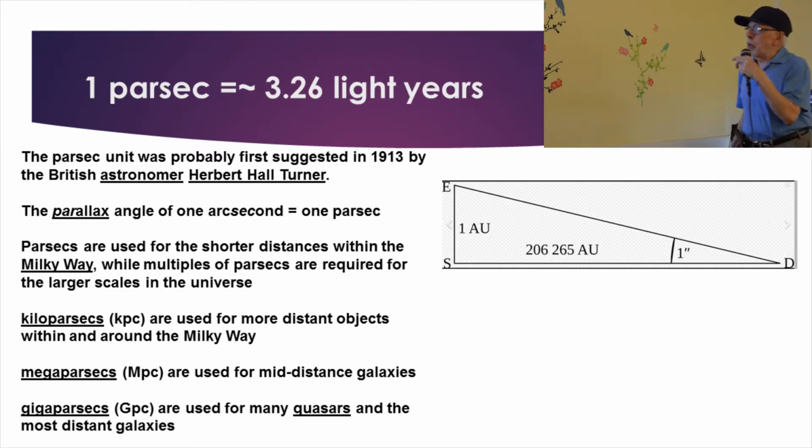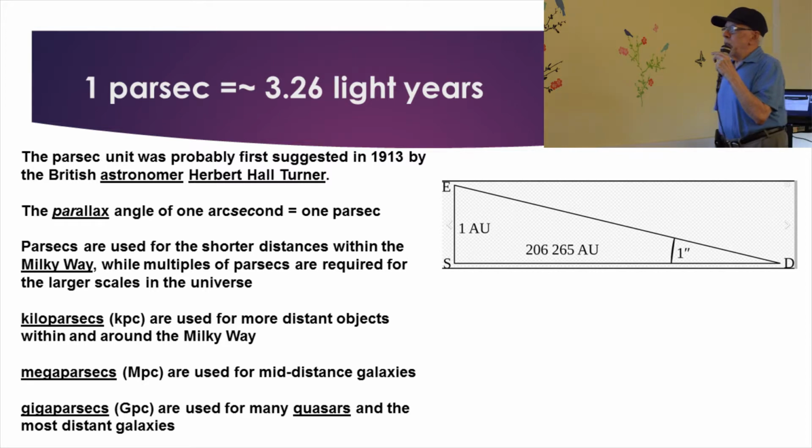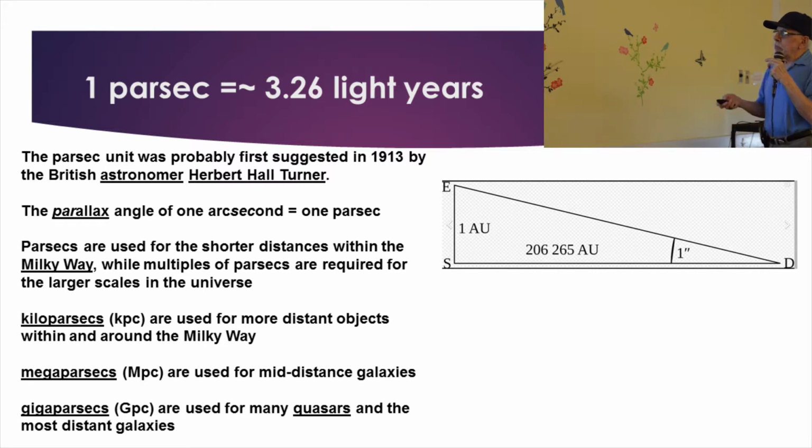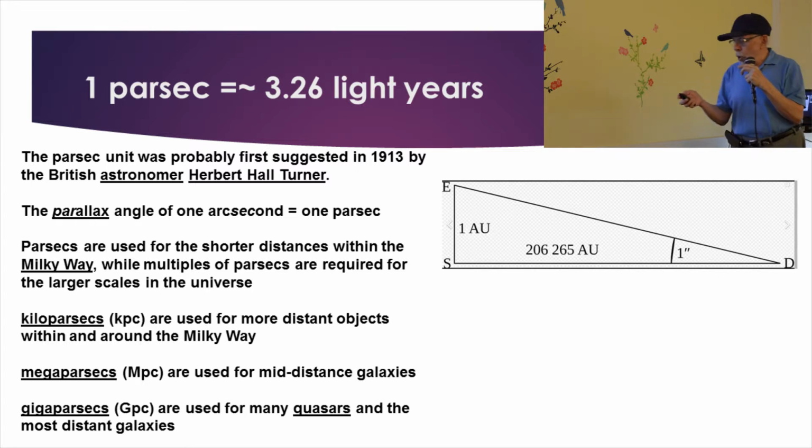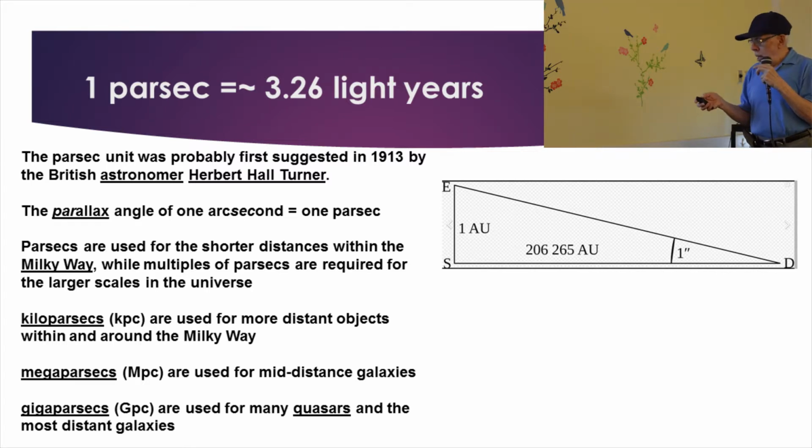Okay, so here's a parsec. A parsec is not a unit of time, despite the implication of its name. It is basically a unit of distance. It means that if you look at this object from different points, and the 2 different points here are the Earth and the Sun,